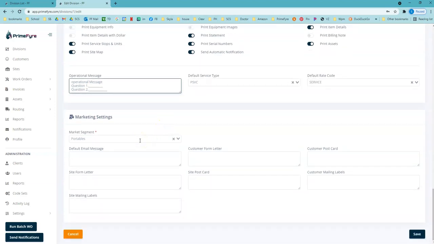Finally, you can set your default market type. Now this division can apply any market type that's in your code set to any site, but this will be the default when we're adding new